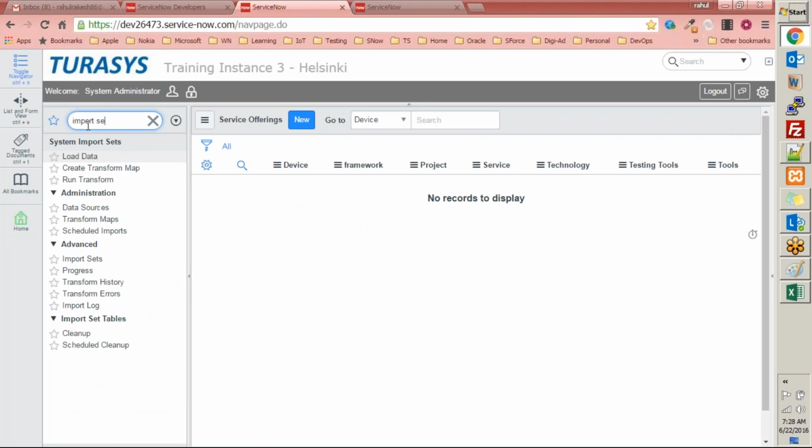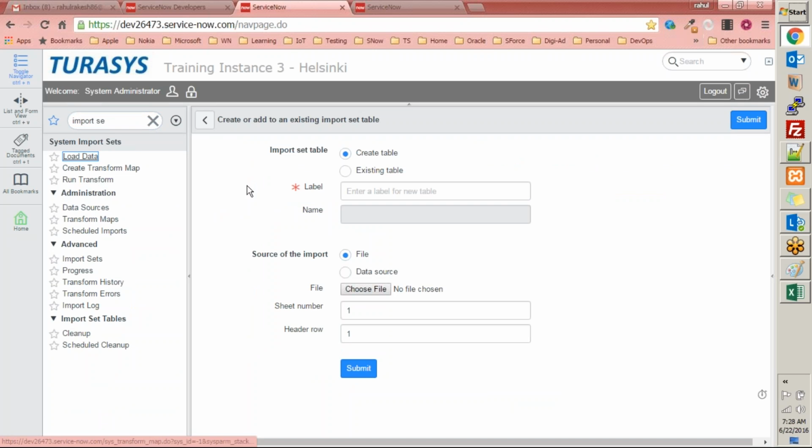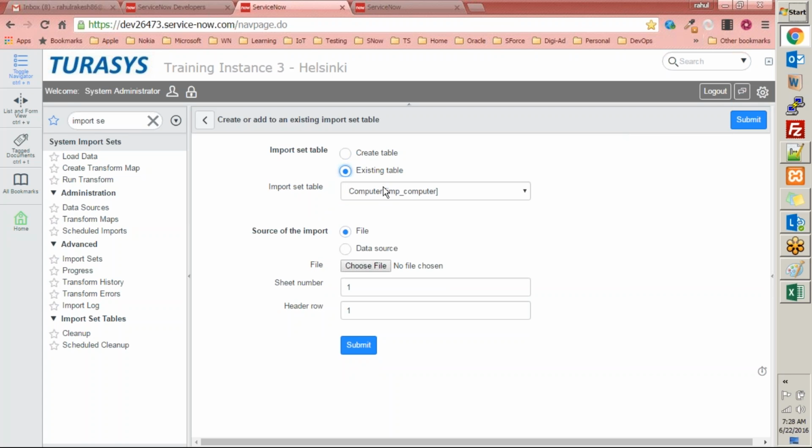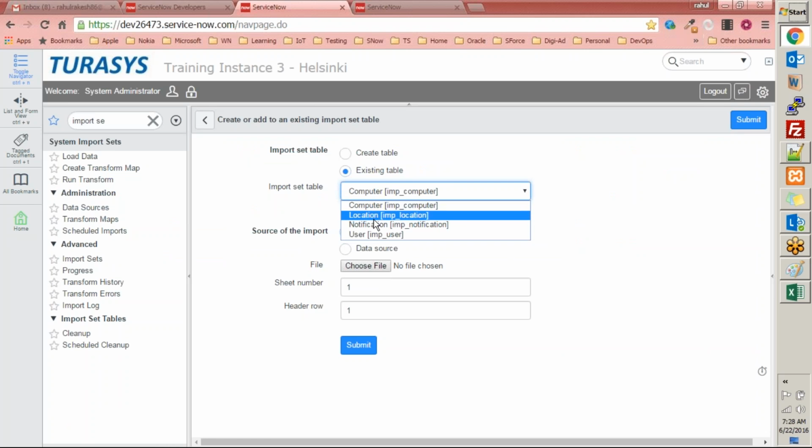Import set. And there we have this load data module, right? Now using this load data module, we are going to import data. You can either create a table or use an existing table. Since I deleted all existing import set tables, I only have the default ones: computer, location, notification, and user. The kind of data that I have in this Excel file, I cannot accommodate into these tables. So I'll go ahead and create a new table here,